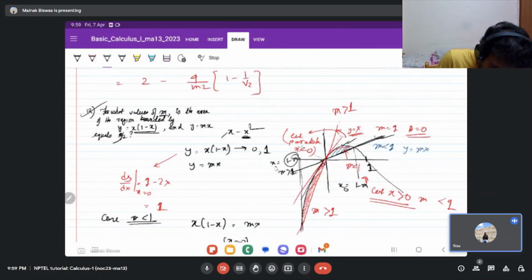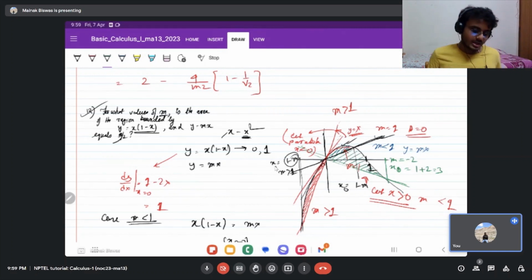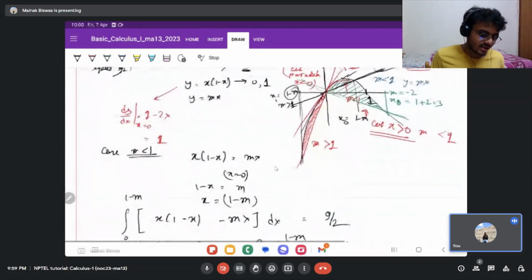So we are seeing that our assumption that m was positive is wrong. Our m will be something like this. So this is what m is equal to, minus 2. So x0 is equal to 1 plus 2, which is equal to 3. So this is the area that you are searching for, right? This is your first area, and the second area similarly,